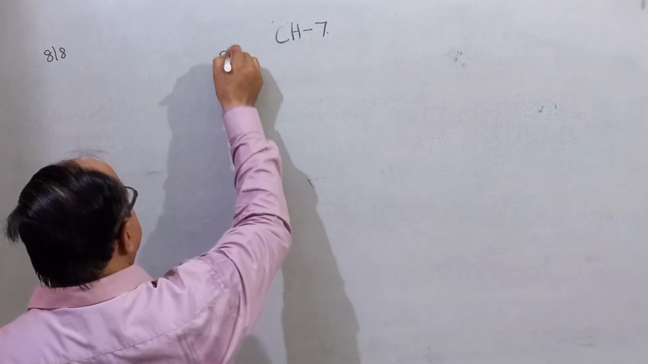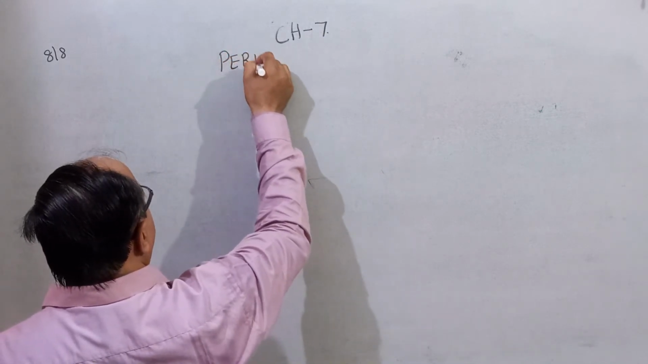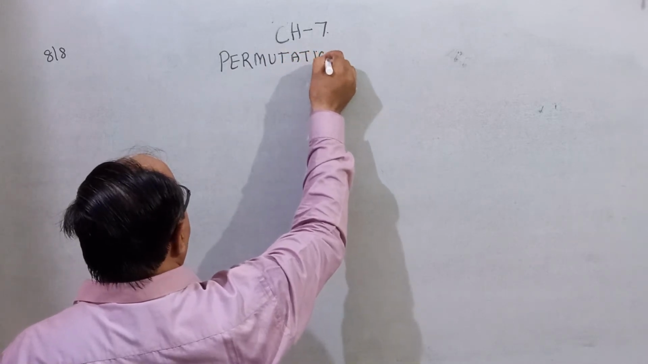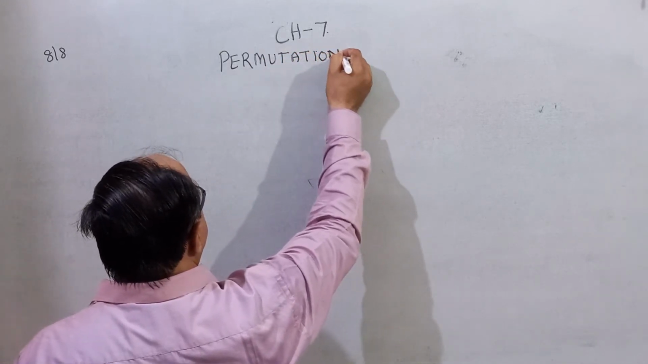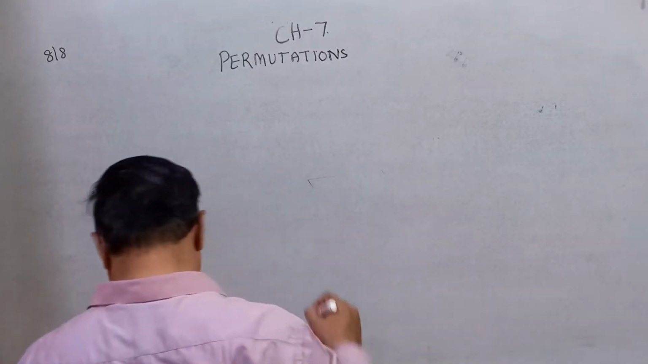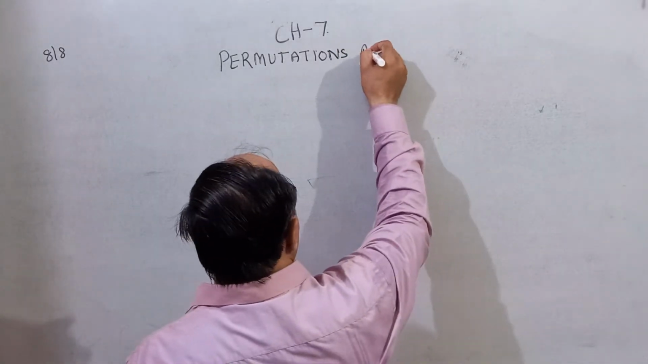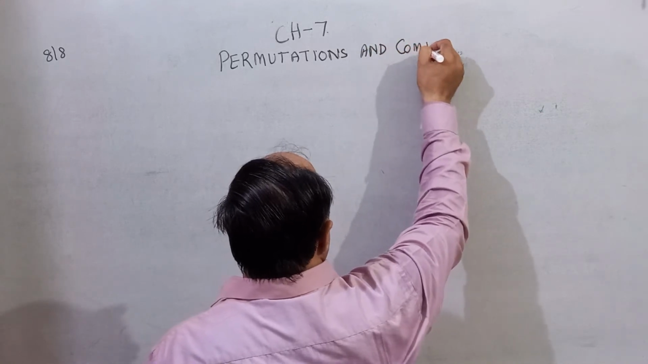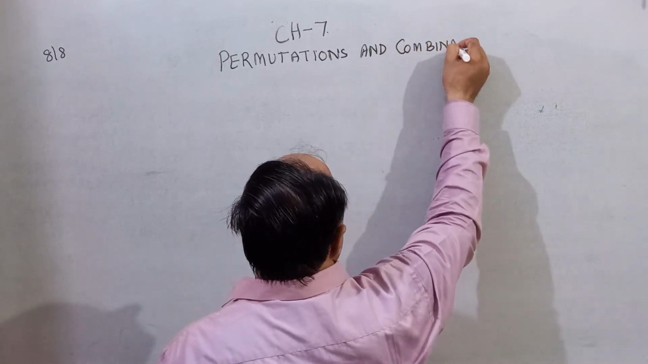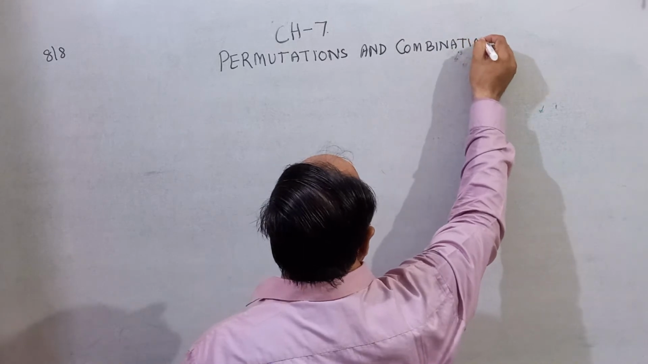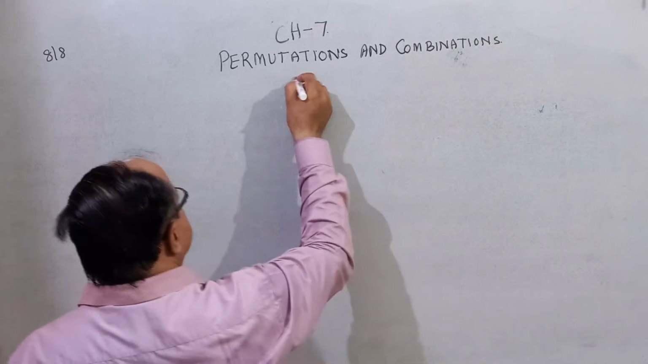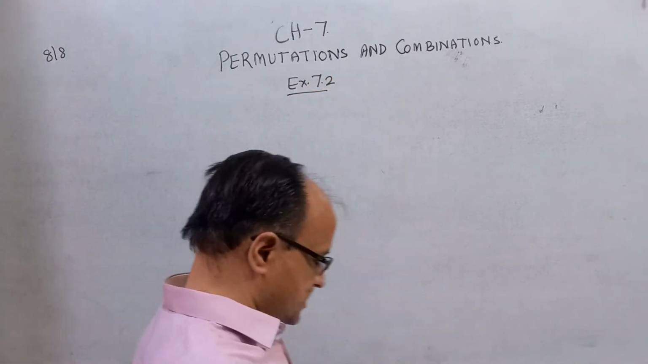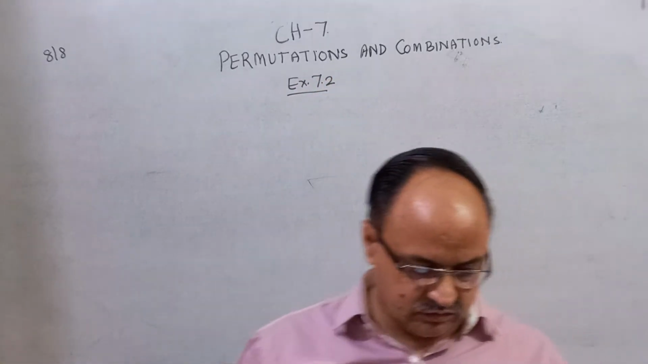That is permutations and combination, exercise 7.2. In exercise 7.2,